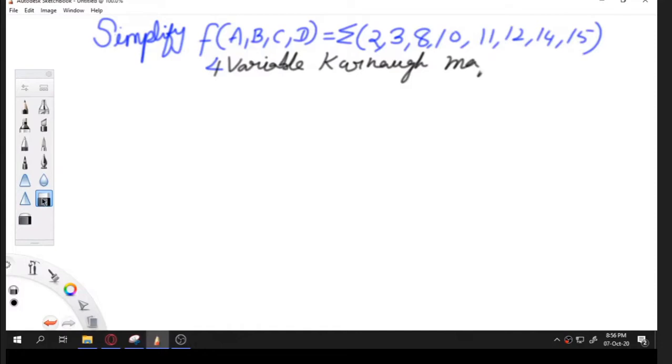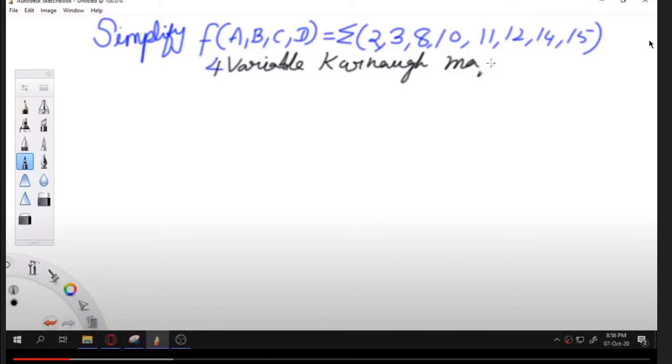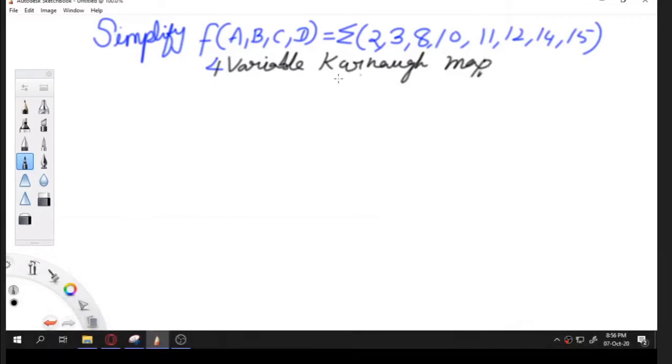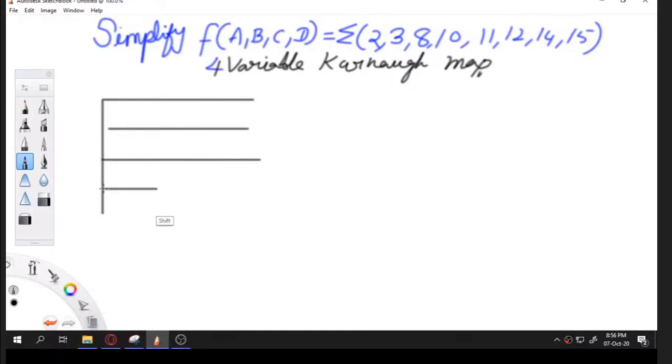Now let us see how to draw the Karnaugh map. One property of the Karnaugh map is that adjacent cells will have one variable complemented. That means if B is in the first cell, the next cell may be A bar B or A B bar; one variable is complemented in consecutive cells. That is the property of the Karnaugh map. Only then, when you are simplifying, the complemented variable and the variable get cancelled, and we get the remaining terms in the expression. That is the logic behind how to name the Karnaugh map.